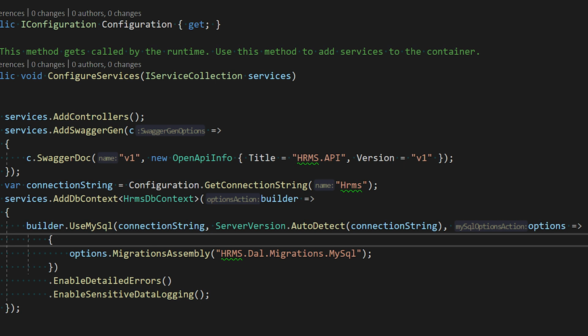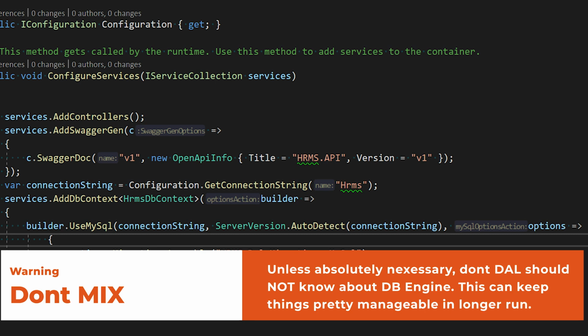We can just refer to the migration assembly as it is and it will work fine. So that's why we have kept it separate. And it cannot be included in the DAL because we want to keep our DAL layer as clean as possible, without database dependence.